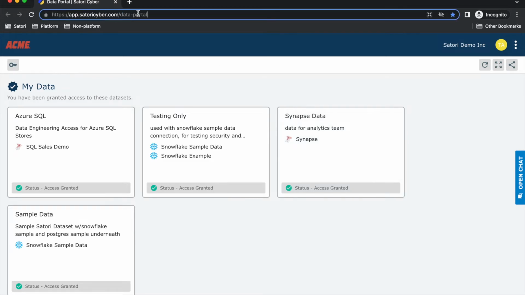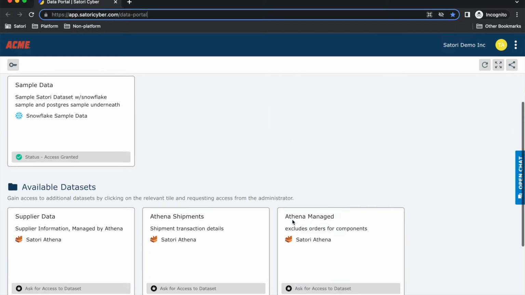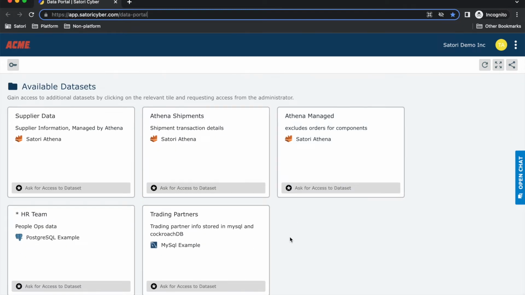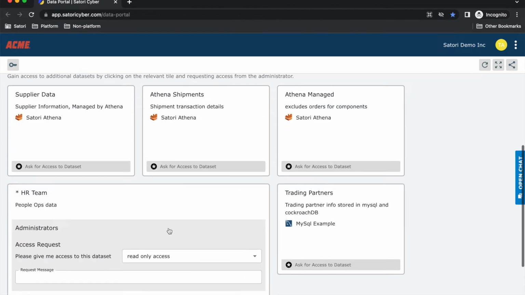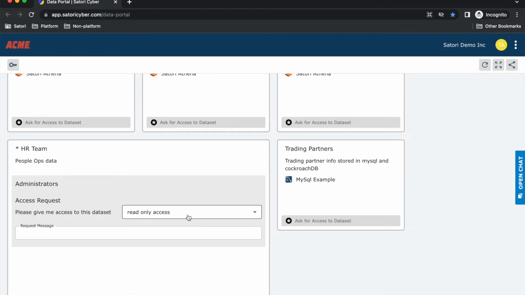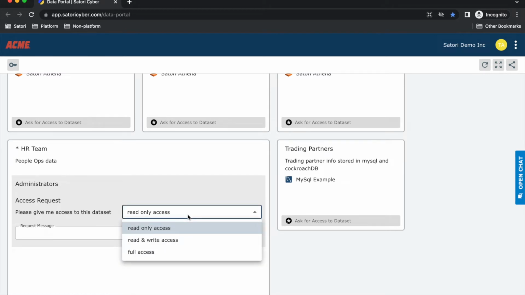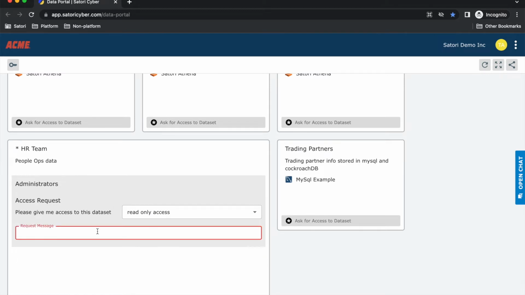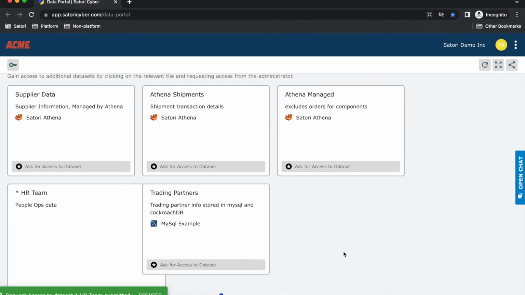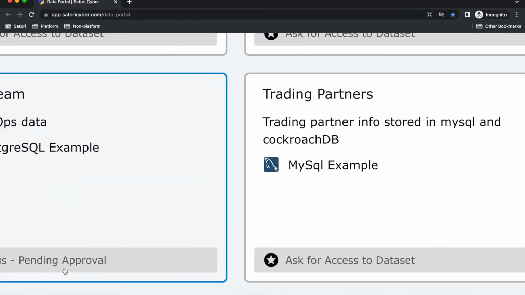So you can see the URL is /data portal, and I'm an end user analyst that's been granted access to some data that's been curated and pre-approved by data stewards and data engineers. Let's go ahead and request access to some new information. So you can see down below, there's some available data sets that I'd like to connect to. I can specify the type of access I need, and I have to put in a request message. I'll say, please grant, and then I can request access to that data, and it now has a status of